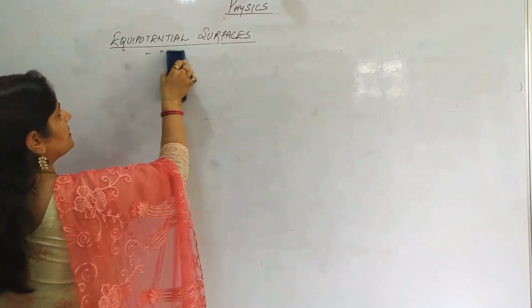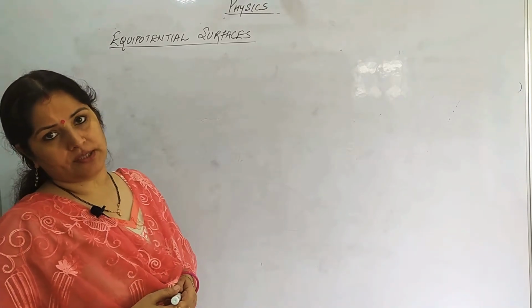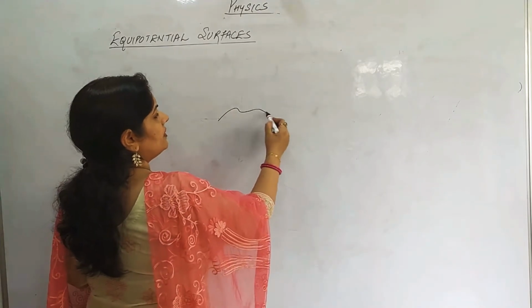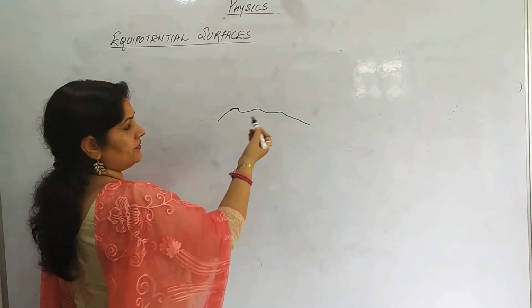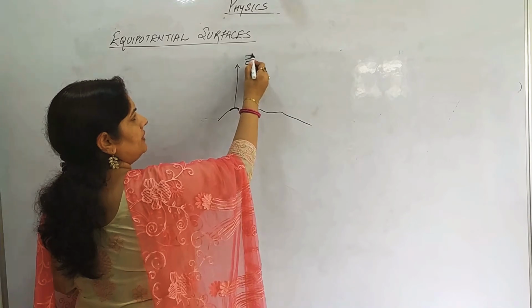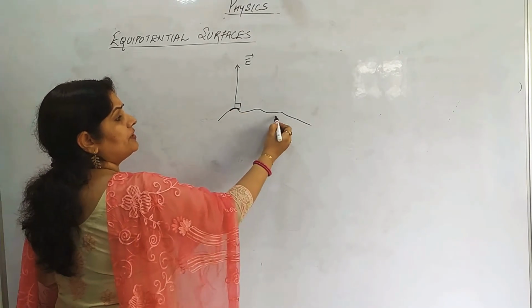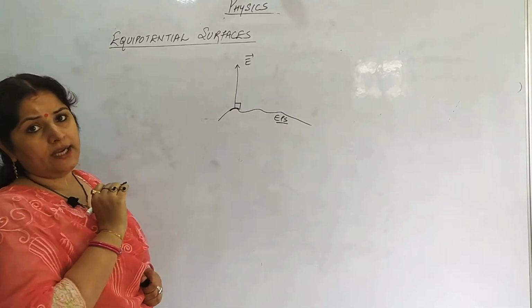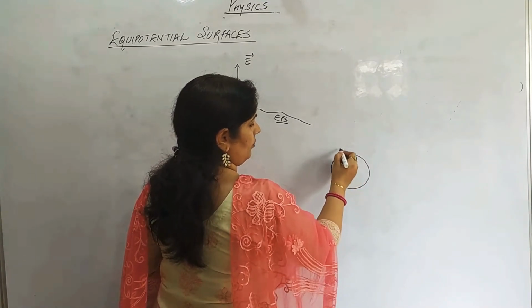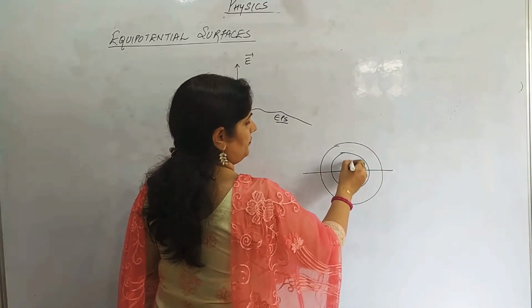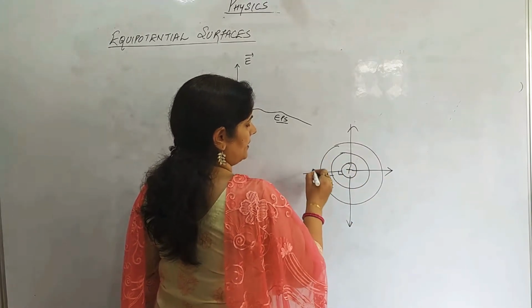The second property of an equipotential surface says that the equipotential surface always lies perpendicular to the electric field. Suppose this is a point on the equipotential surface, and this is the direction of the electric field. That is, the electric field always lies at an angle of 90 degrees with the equipotential surface, right? इलेक्ट्रिक फील्ड का डायरेक्शन इक्विपोटेंशियल सरफेस से हमेशा 90 डिग्री होगा. This is the equipotential surface, these are the electric field lines outwards. Now this would be 90 degree, this would be 90 degree, this would be 90 degree.